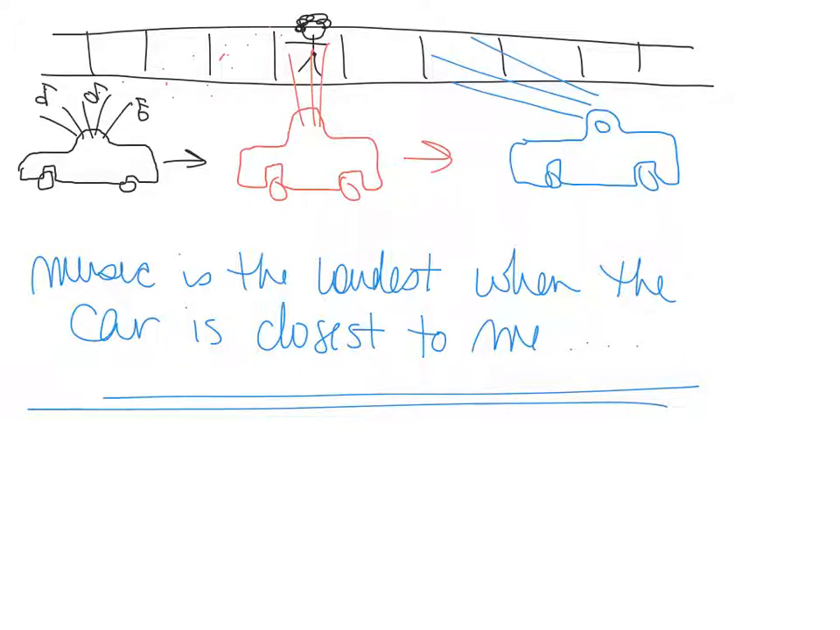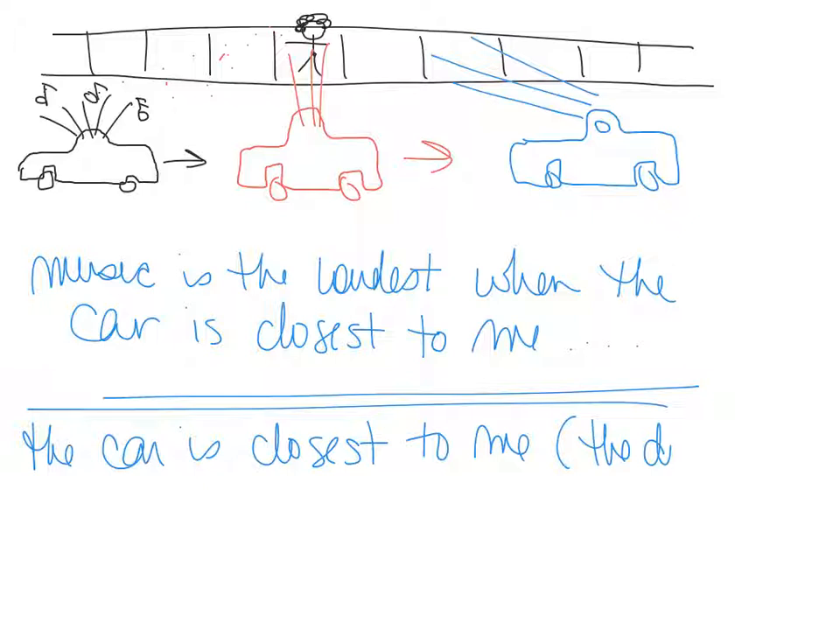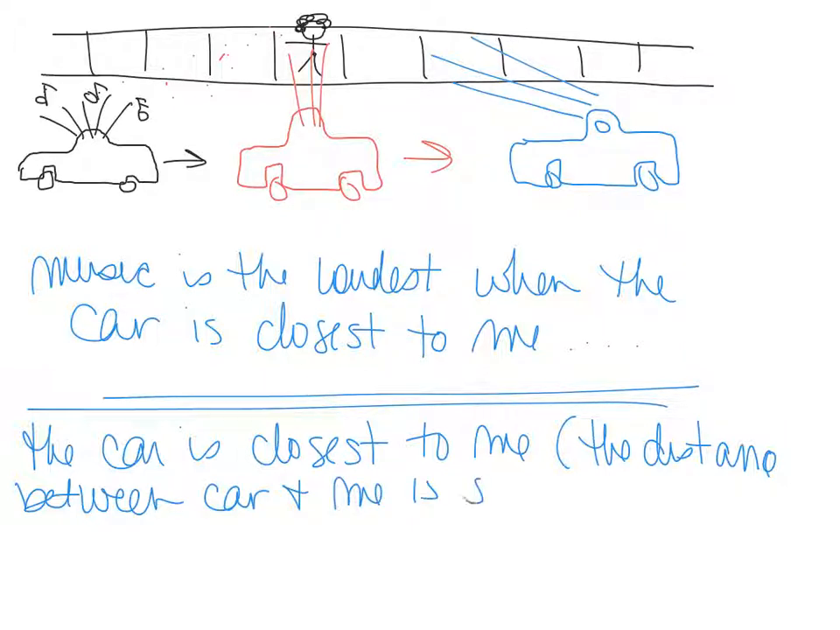And we learned a long time ago in geometry, the car is closest to me. The distance is the shortest. The distance between me and the car is the shortest